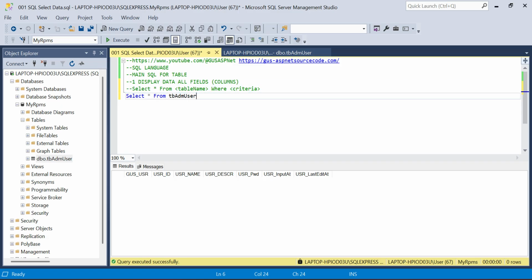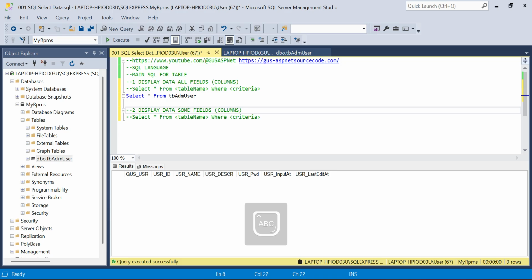What if I want to display some fields, not all? Some fields or columns. The keyword is still the same, select.